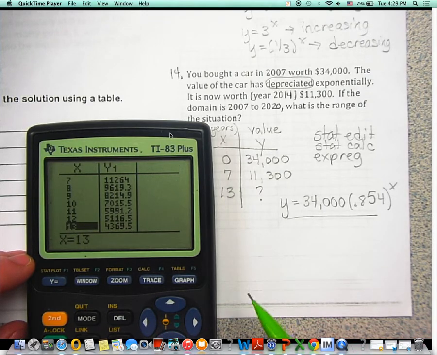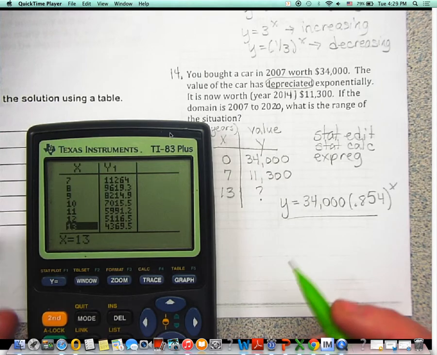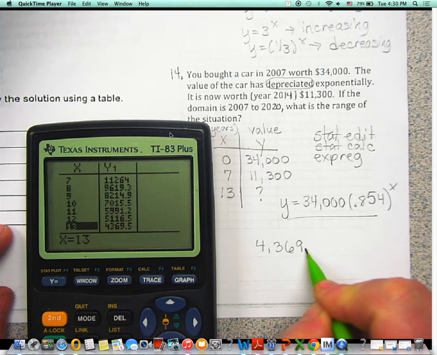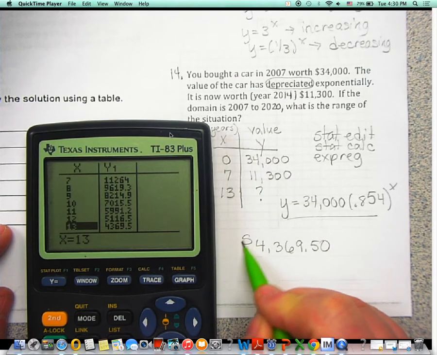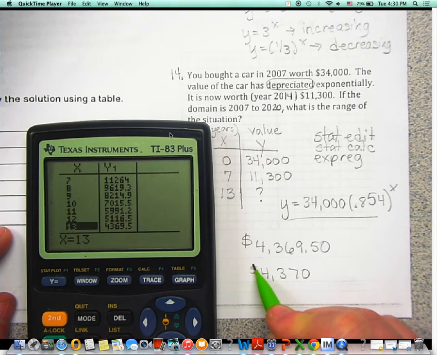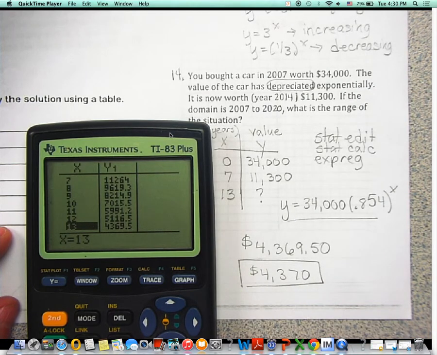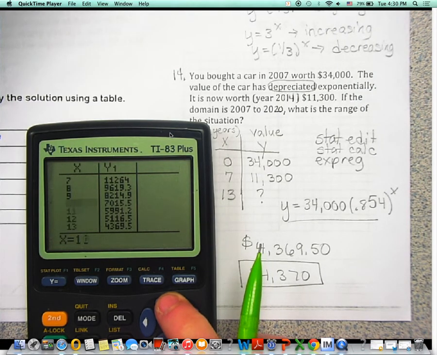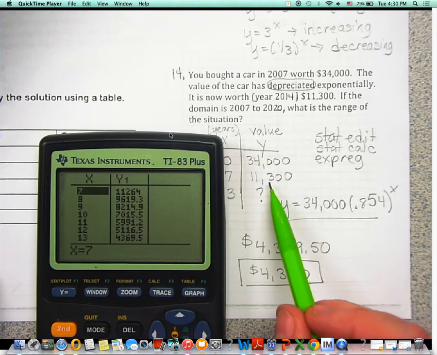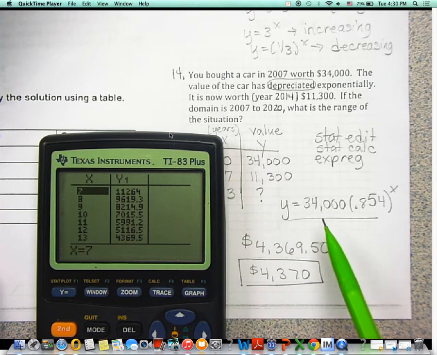And the car will be worth $4,369.50. Or you can round it to the nearest dollar, which would be $4,370. Okay, let's just check out year 7 and see if it's about the same. It's not quite the same, but it is close, 11,264. And that's because we rounded